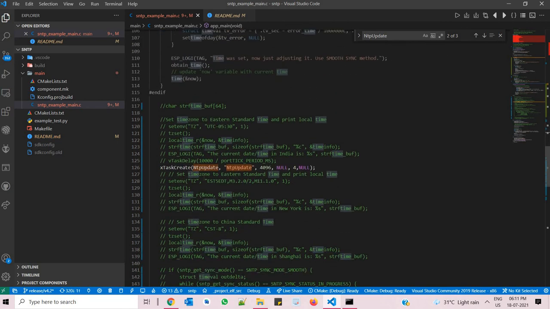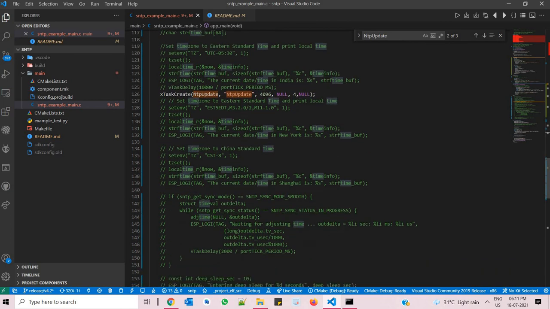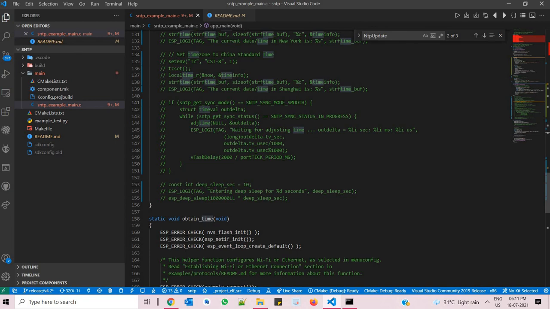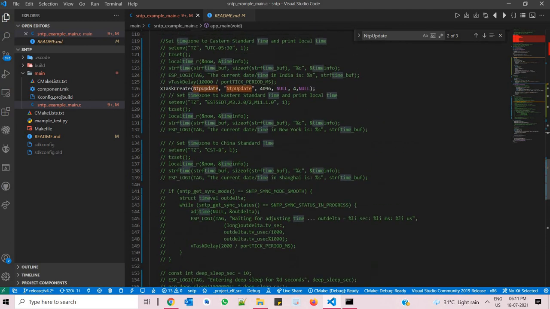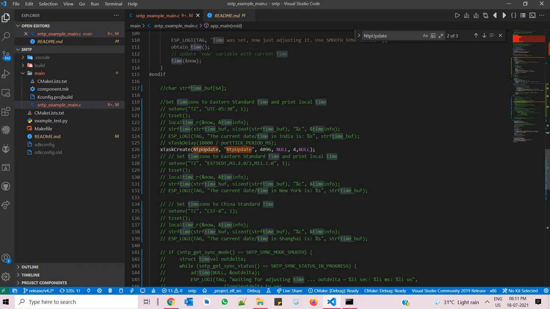Now I have commented out all this part because I do not require that this module go to deep sleep mode. Okay, so I commented all this part and I created one thread.